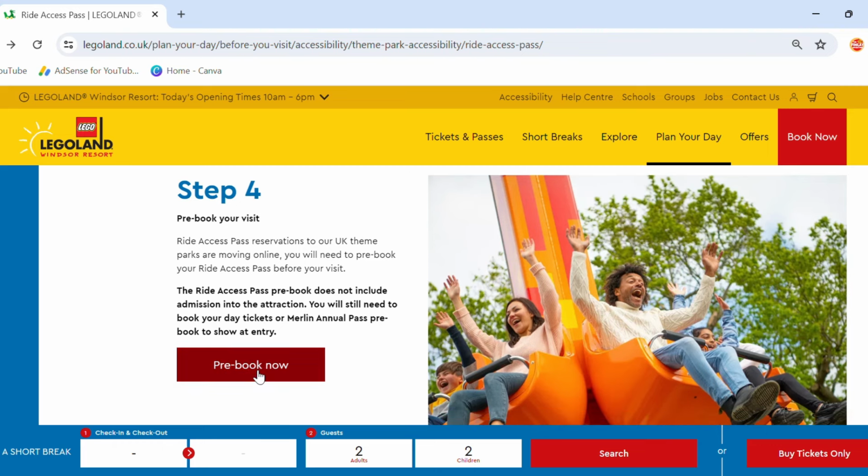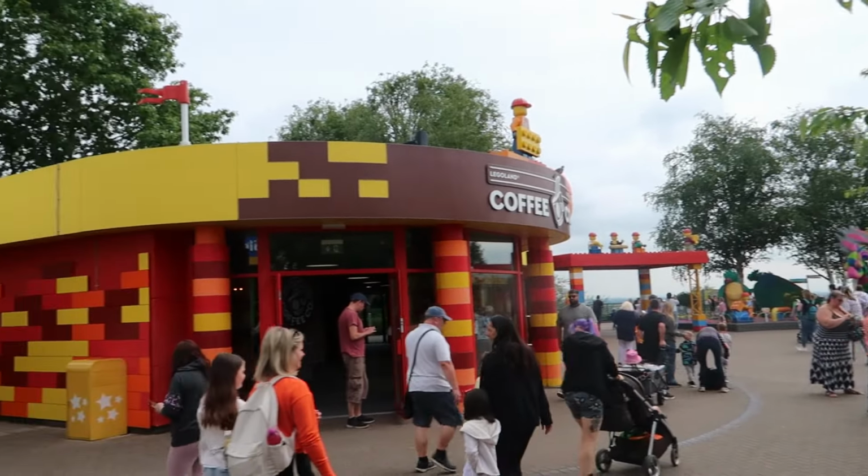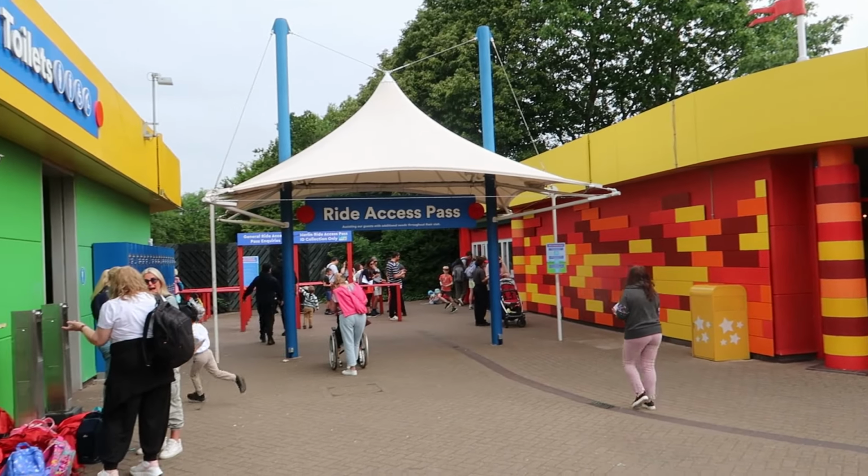So what you do is you pre-book online and you book the day you want to go. Once you get to the park, you then have to go to the accessibility booth, which is the left-hand side once you've gone through the turnstiles at the entrance. You then go and speak to...